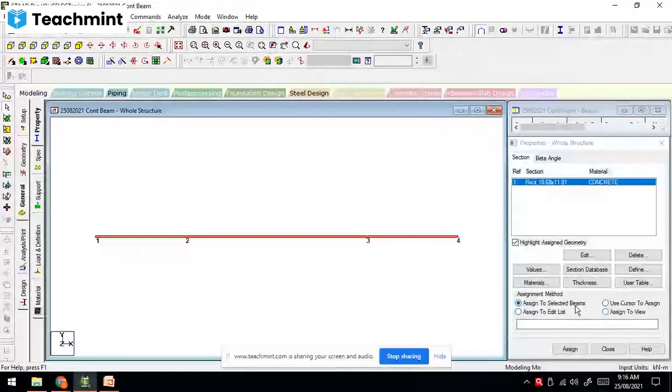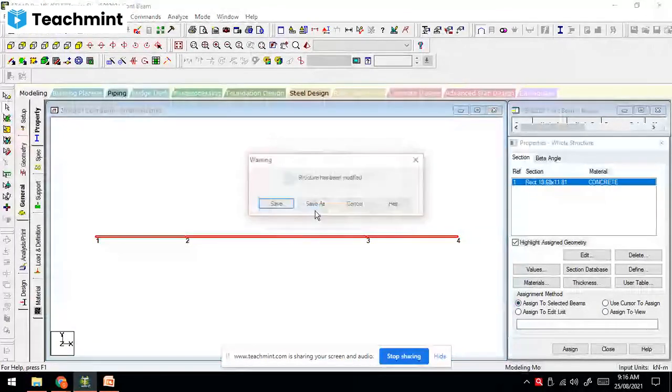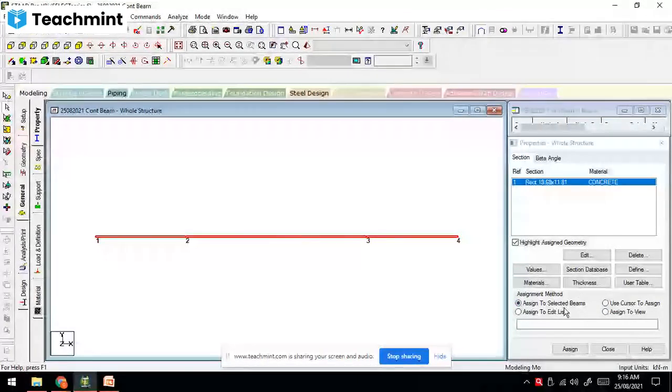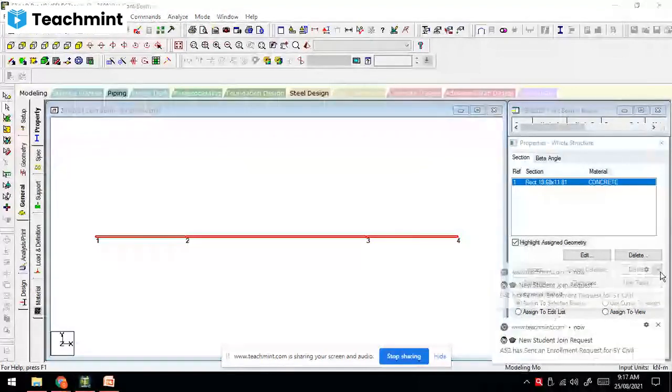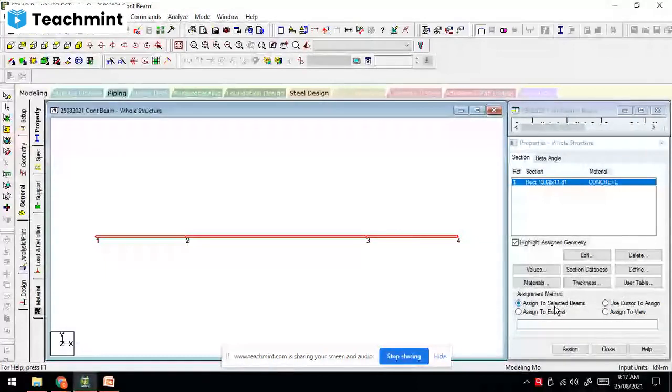You can see on the right side window at the bottom, assign to selected beams, or use cursor to assign to edit list, or assign to view, right? So I have selected all the beams, all the members.